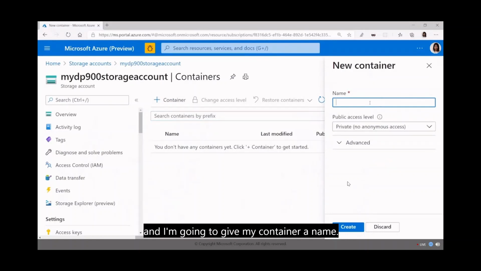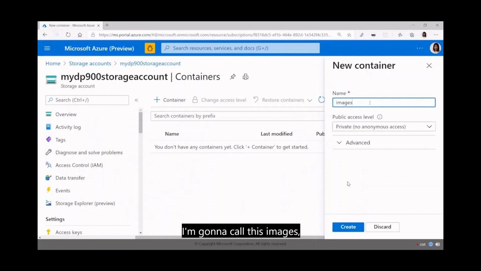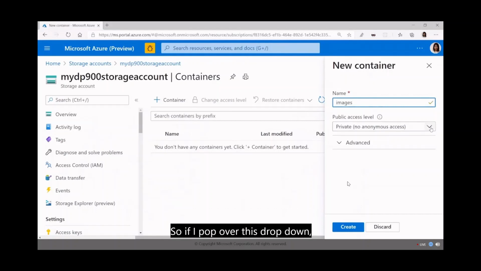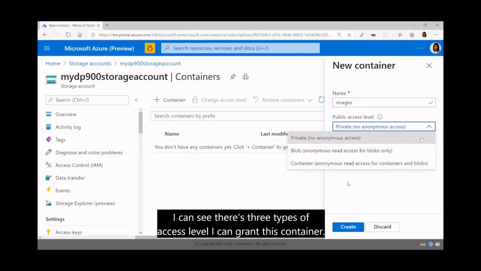and I'm going to give my container a name. So let's say I wanted to upload some image data to this container. So I'm going to call this images. And then I can also define the access level for this container. So if I hover over this drop down, I can see that there's 3 types of access level I can